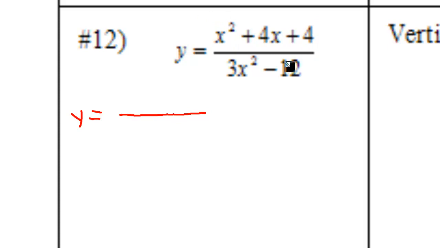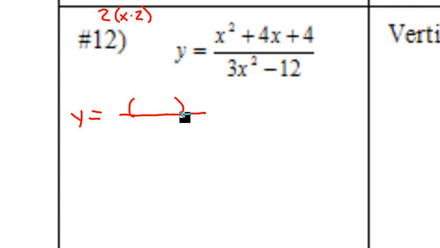This last term is a perfect square. If I take the square roots of those two, that would be x and 2, and double it. Once again, take the square root of the first term times the square root of the last term, and then I double it. If that's the same as the middle term here, then it's a perfect square trinomial,